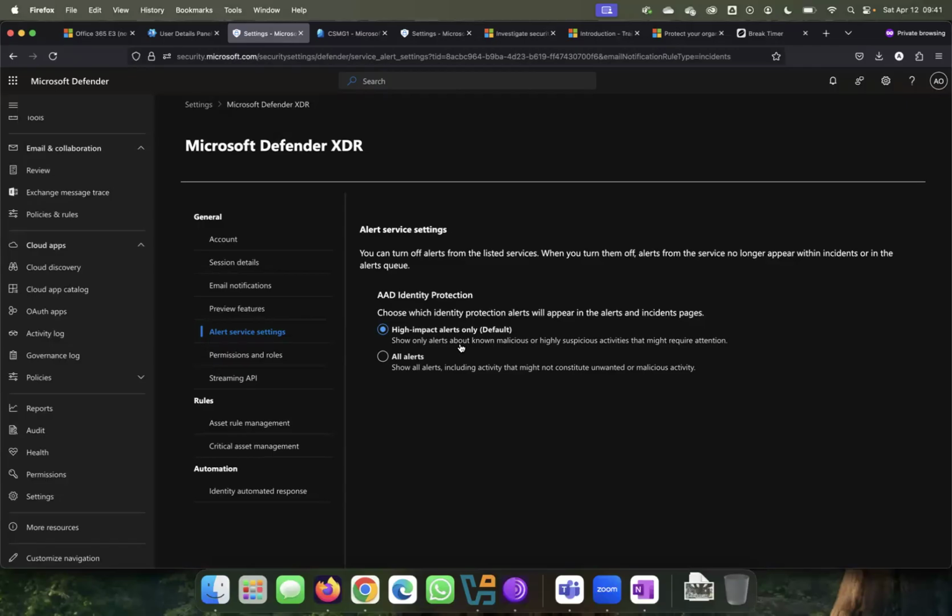And most times one alert is enough to actually create an incident. But if you have related occurrences or alerts occurring together that form part of a single incident, all of them are bundled into one single incident. So sometimes people may just want to tone down what they get. A lot of people want to limit the number of alerts that they get, just to ensure that they don't get overwhelmed by it. And that's why this high impact alert only setting is set